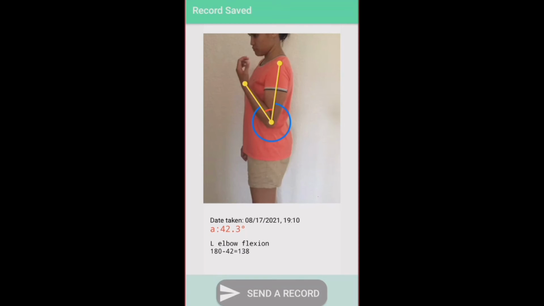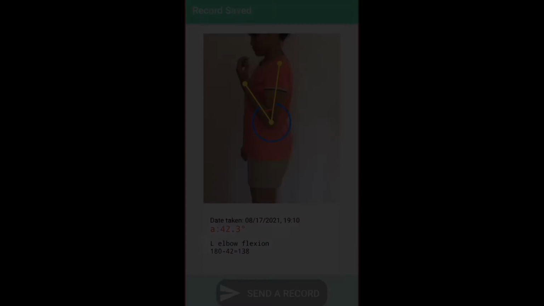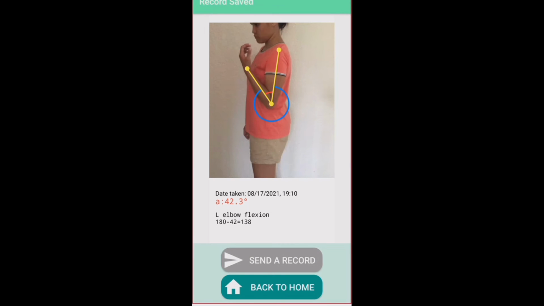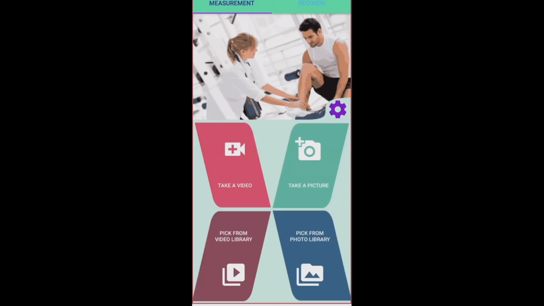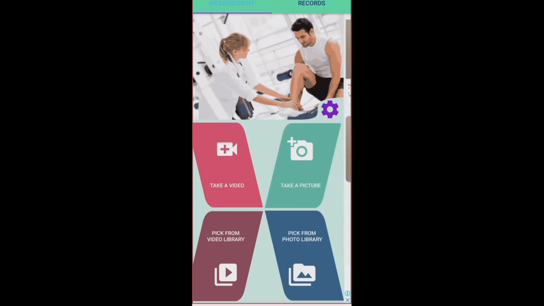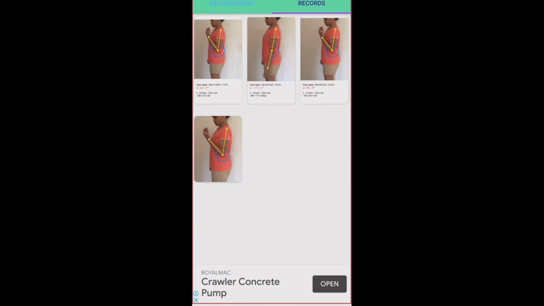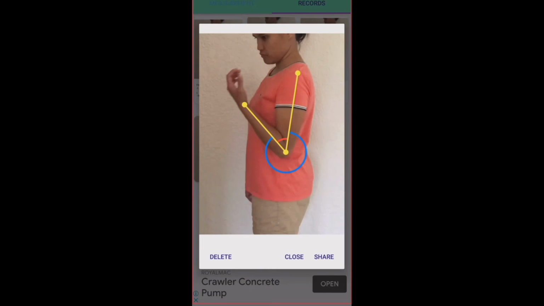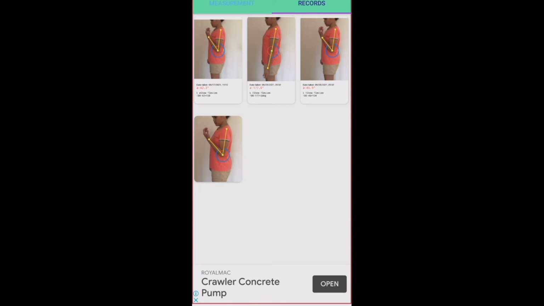Once you save your image, you can send the record directly as a message, or you can go back home. Once you click home, you can check on the records, and there you go. You'll have the recording of your assessment. Then you can download it or attach it into your document.